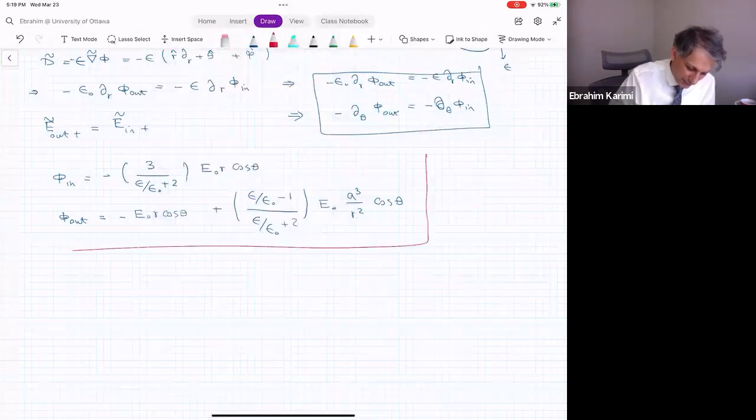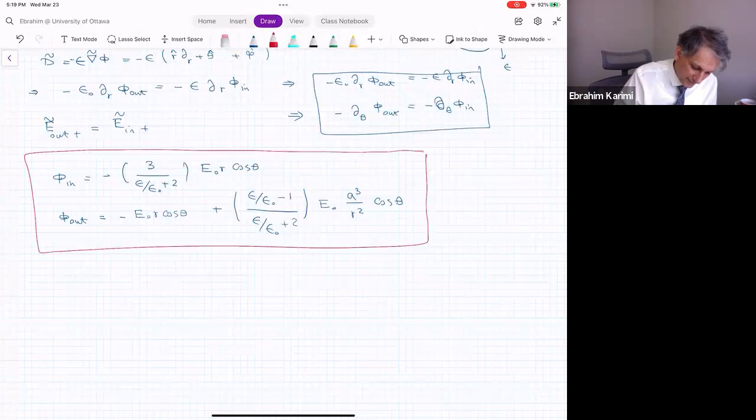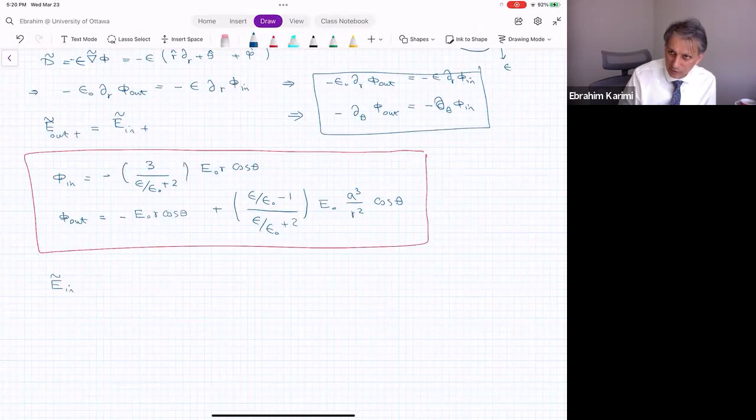If you look at that expression, it is fantastic. So the first conclusion that I will get is, let's calculate the electric field. Let's do the mathematics and find the electric field inside. What I have to do is take the derivative of this with the negative sign, right? Since this is only a function of r and theta,